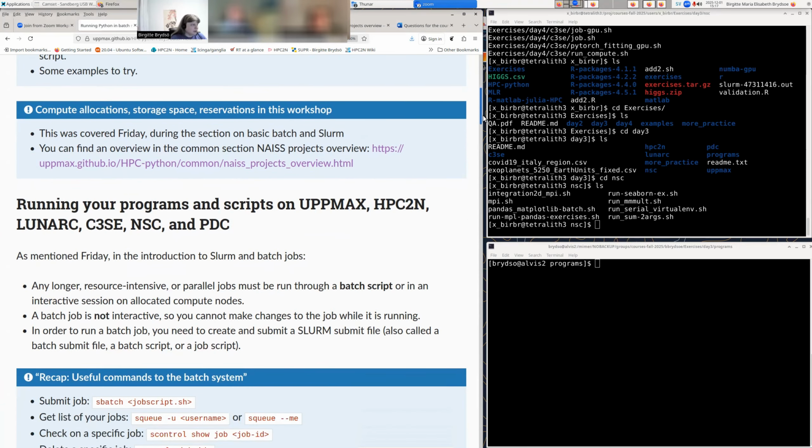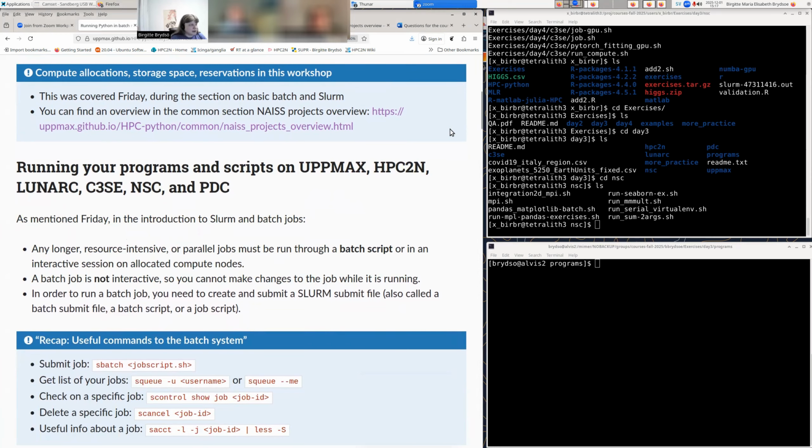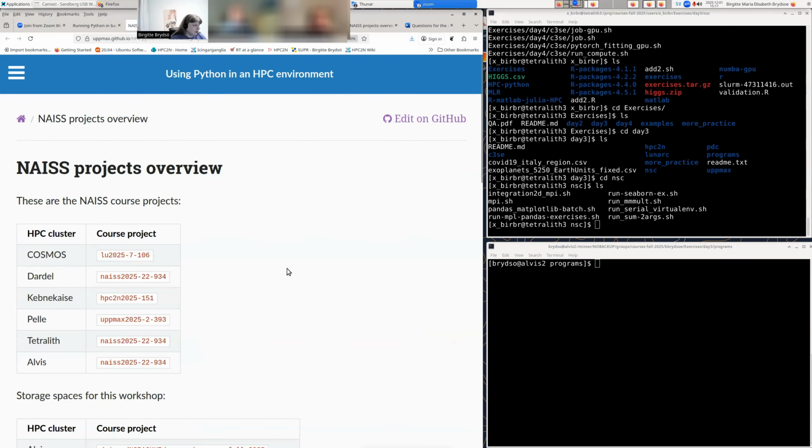So there are these compute allocations, the project storage and things like this. And they are all found in the common section of the NAISS project overview here. And you can find them